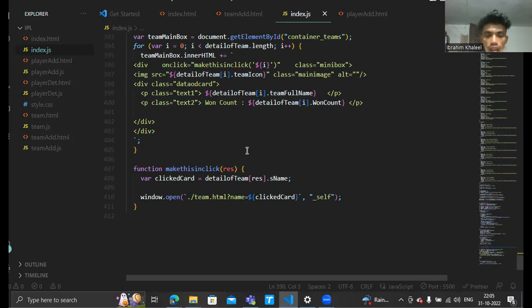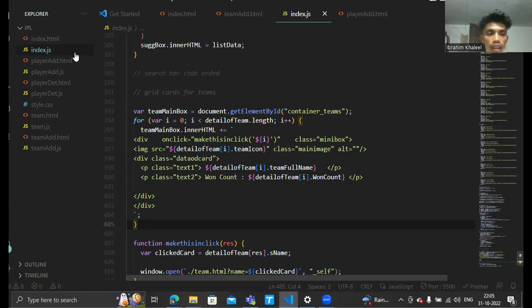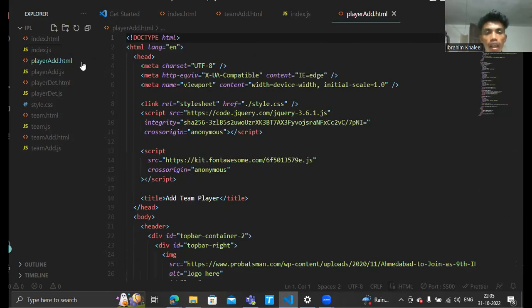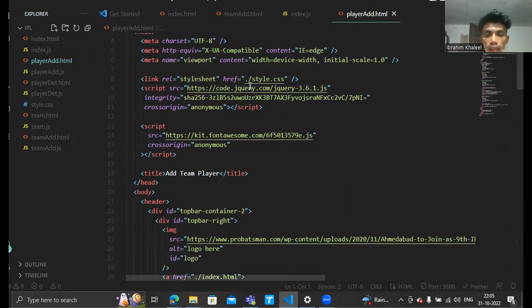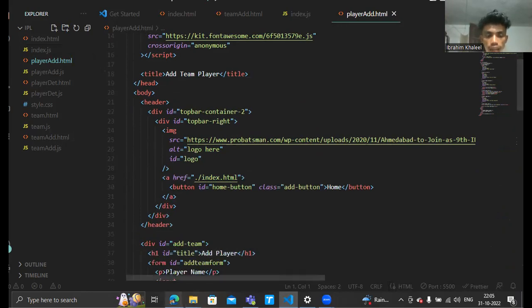So after creating this, we can see the details of the team, and we know that there is another page, which is adding player. Adding player is a function. Here we can show the player adding, like here,